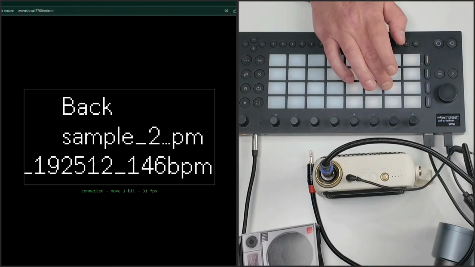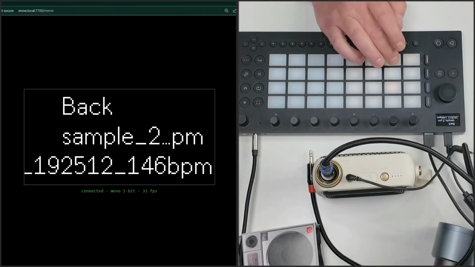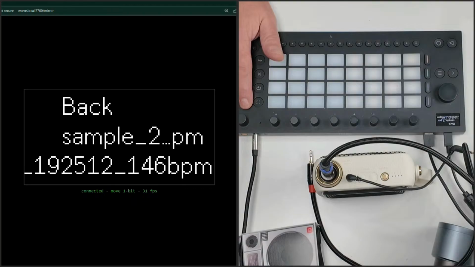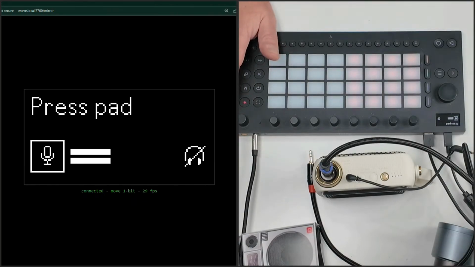Wow, something horrible has happened there. I think I know exactly what that is. So, we're going to do the whole process again. What has happened there is, on the record settings inside Move, oh no, it's got,